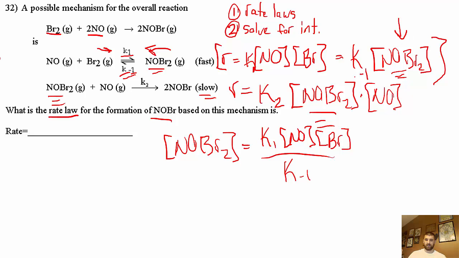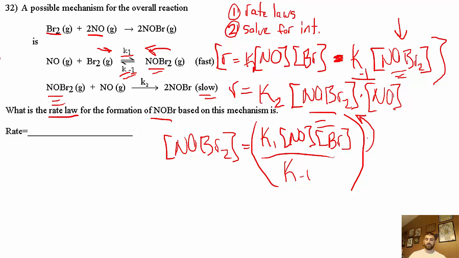So I've got to divide each side by K to the minus 1 to get it by itself. All right, these two rates are equal. The forward and reverse rates are equal, which is why we can set up the equation here with that equal sign. All right, so now what we're going to do is plug this in